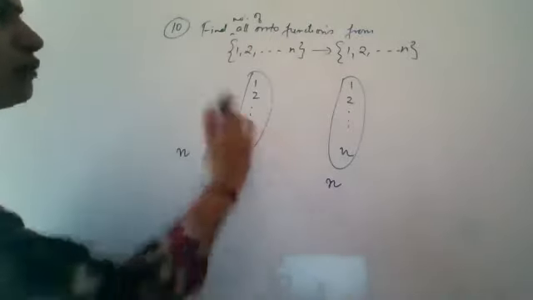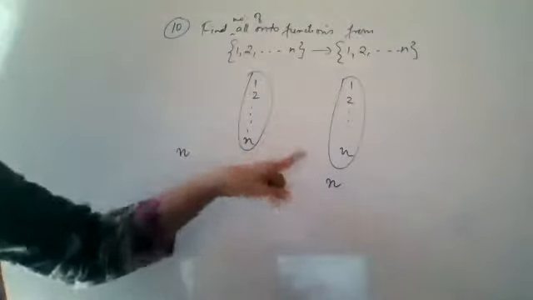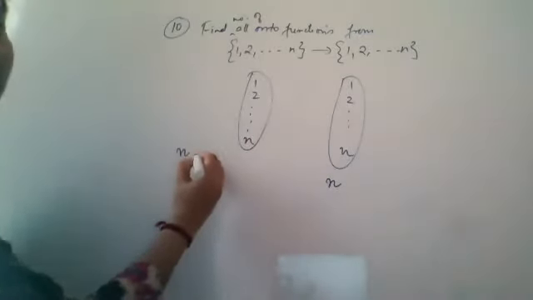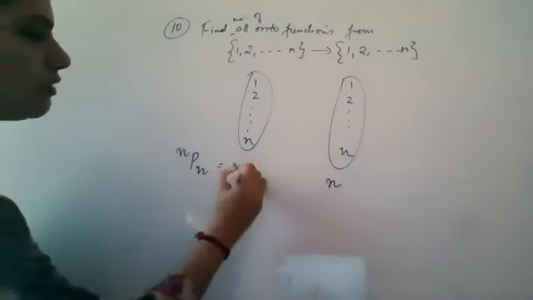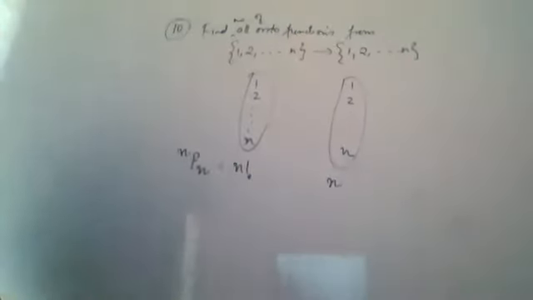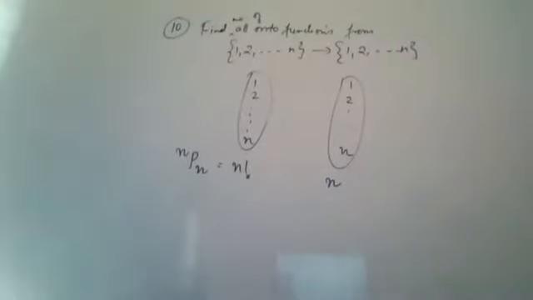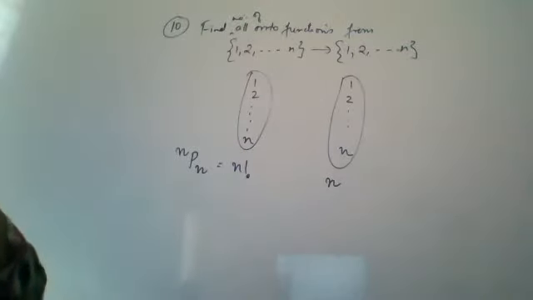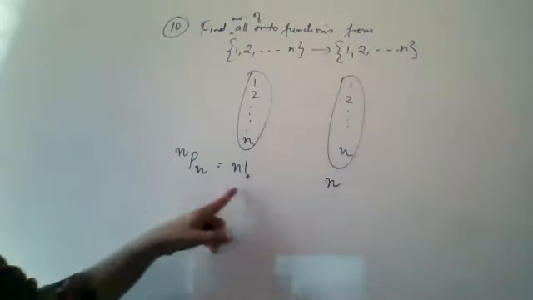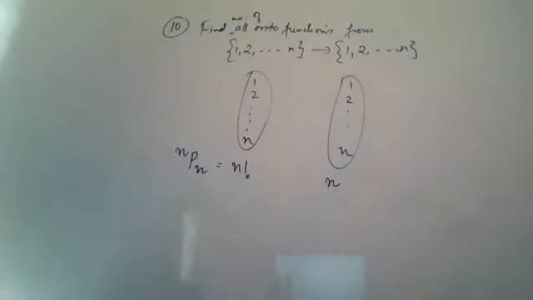So the total number of onto functions from this set to this set will be n taken n at a time. That is nPn, again permutation. The same as your n factorial. For one-one also we got like that. And for onto function also, if you have a finite set to itself, there were n terms. Here also you have n numbers, so you have nPn, which is the number of onto functions.